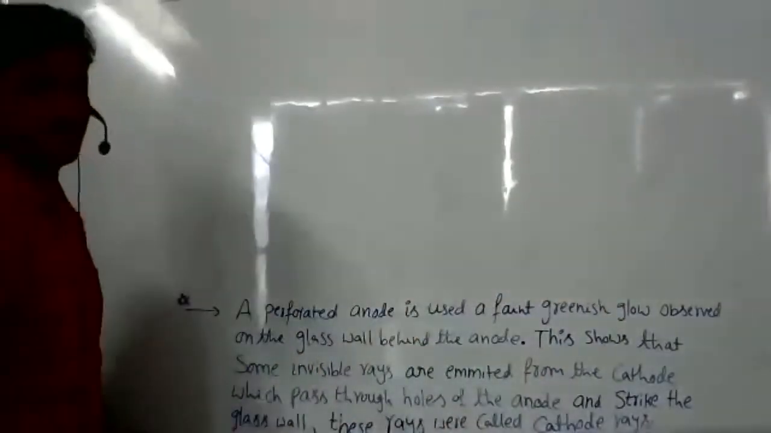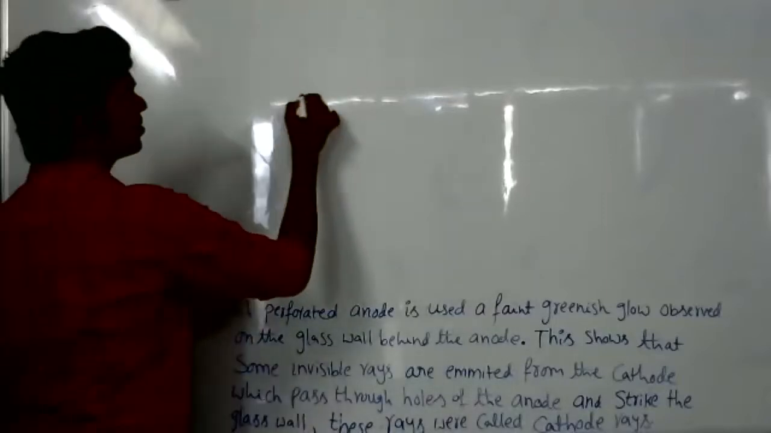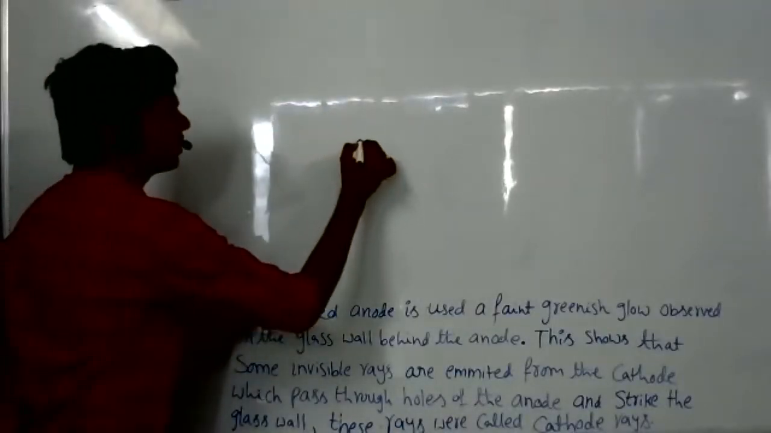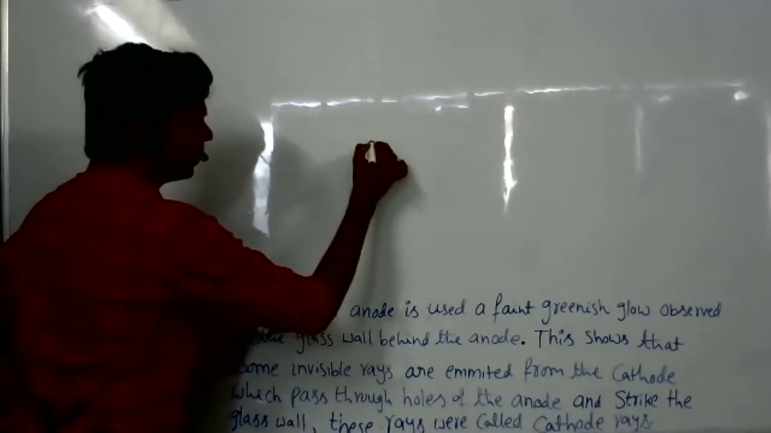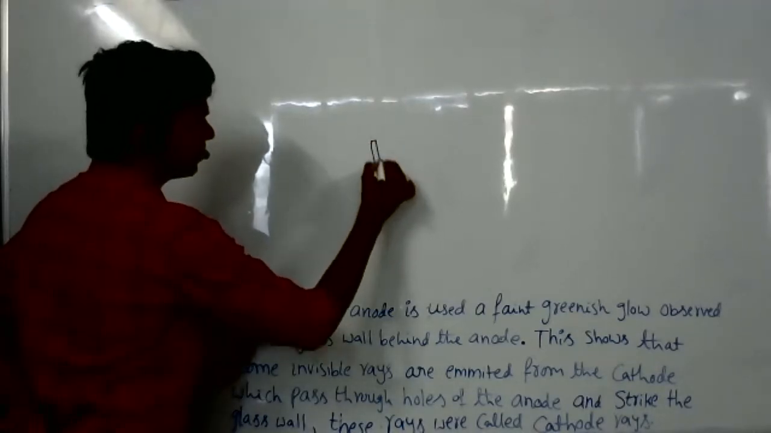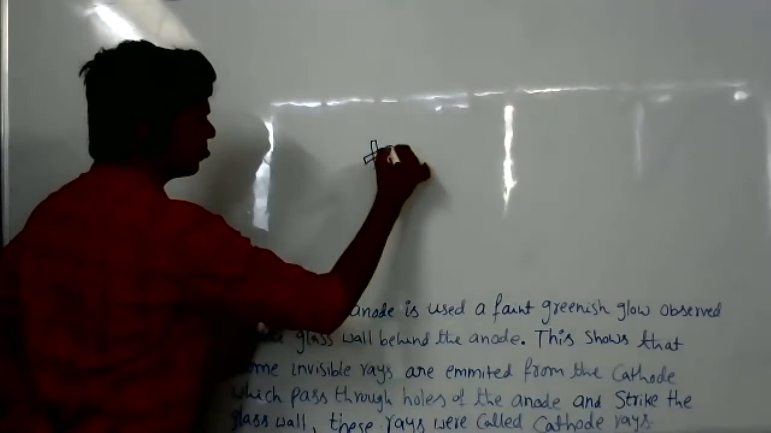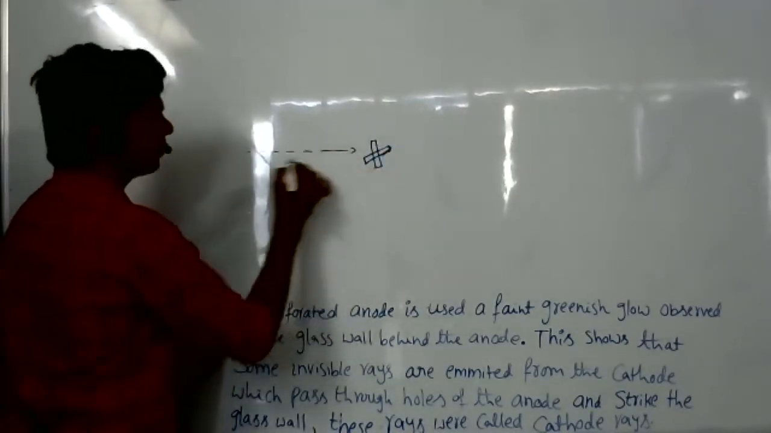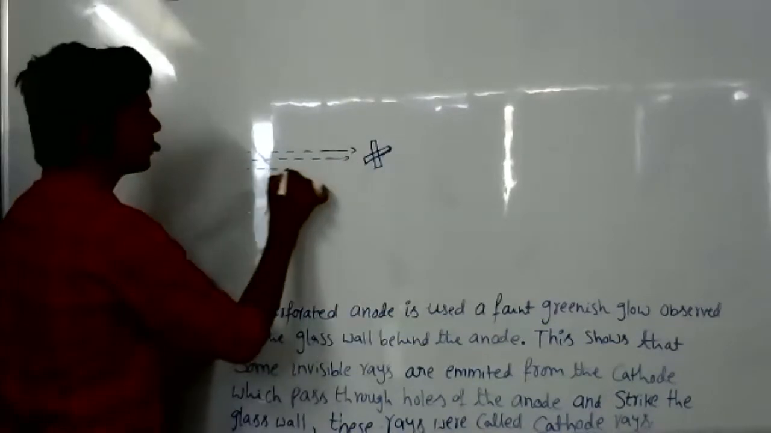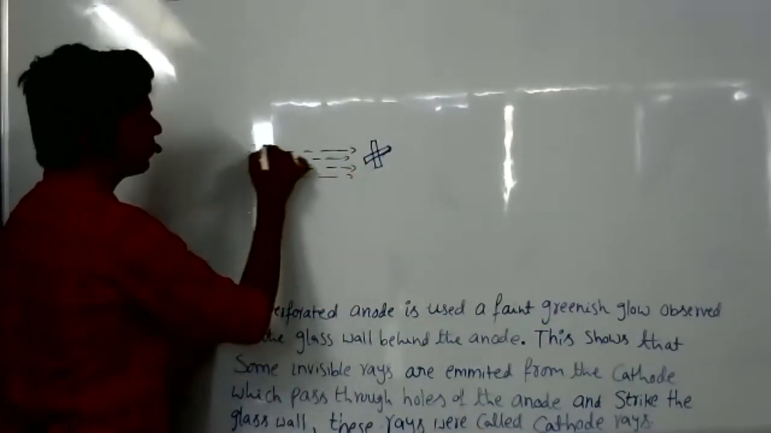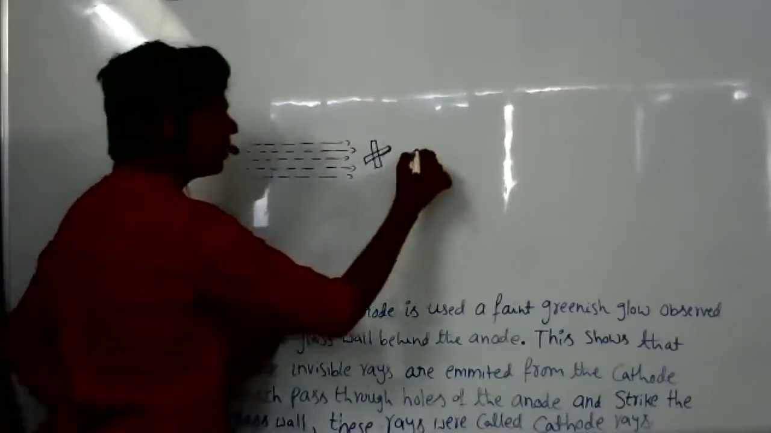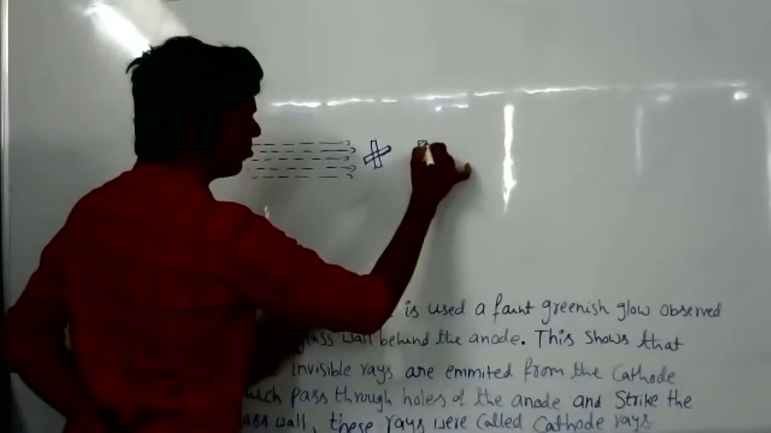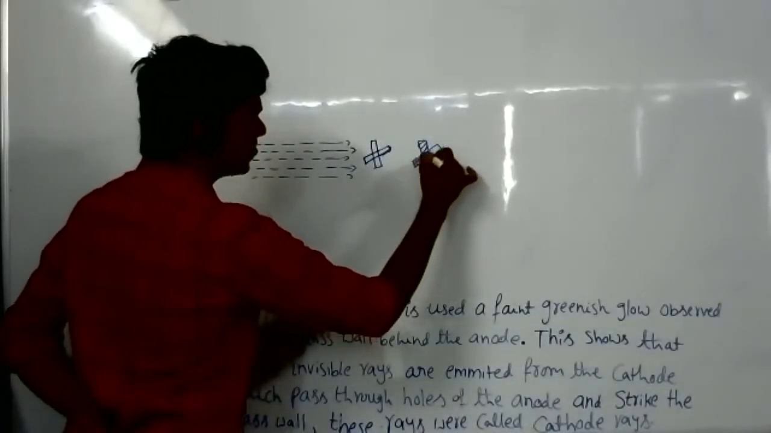Okay, just listen once again to the properties. Later I will give notes. First point: here I am placing one object, any object. When cathode rays are allowed to fall on this object, this object gives its shadow. It forms its shadow. This indicates